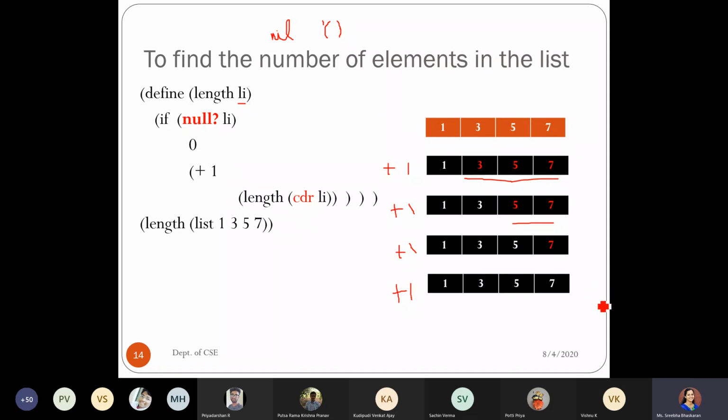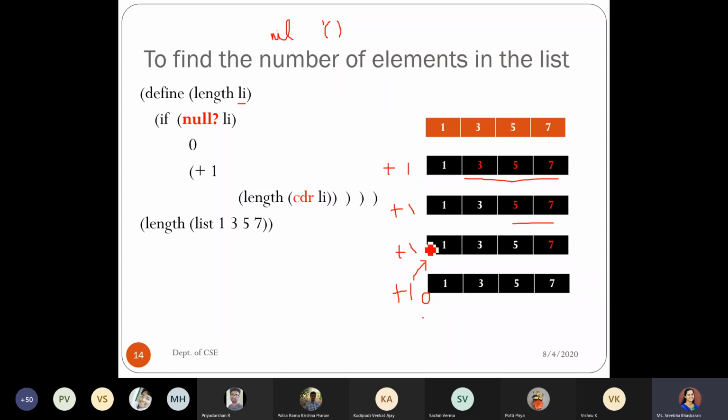So when it is returning the empty list, at this point of time the null procedure will be satisfied and it returns the value 0. So in place of this empty list, it is just going to return the value 0. Once you get the value 0, it starts adding. So 0 plus 1, 1. So it will return the contents over here.